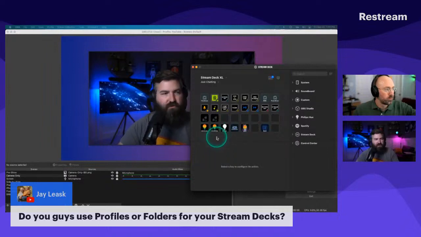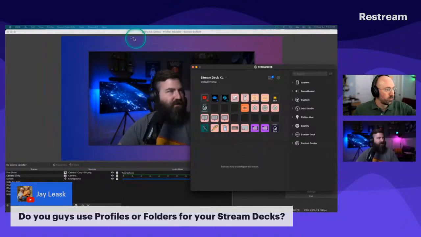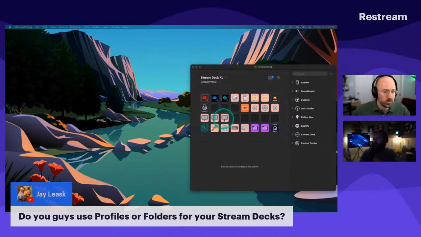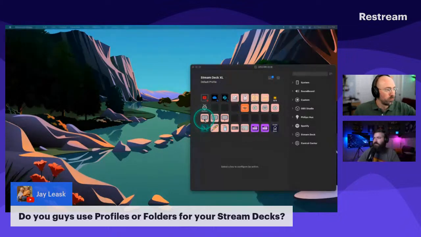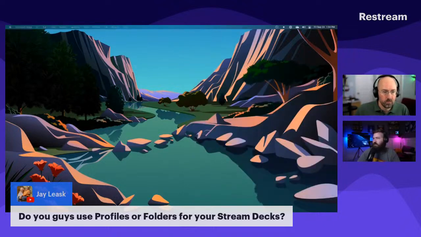So that's used as a profile. This button right here just goes back to my main profile. And with that, I'm able to change my lighting. If I click on the focus button, this is what I look like whenever I'm just working. I don't have my big light on. It's just normal soft white lighting. But if I click this blue pink icon right here, it goes into show mode, where it changes all my lighting and gets me ready to go into a meeting or to record a video. So yeah, long answer. I use both as well, Jay.